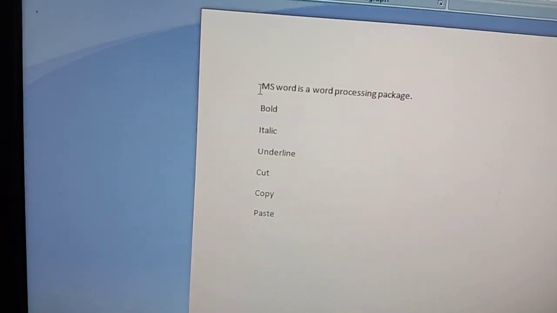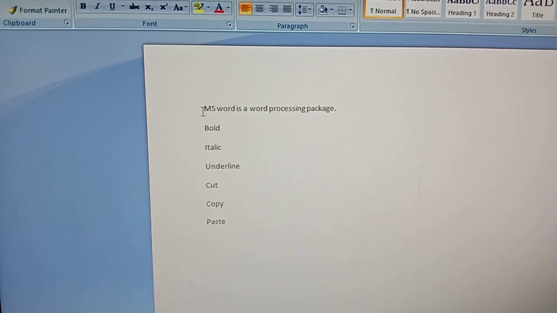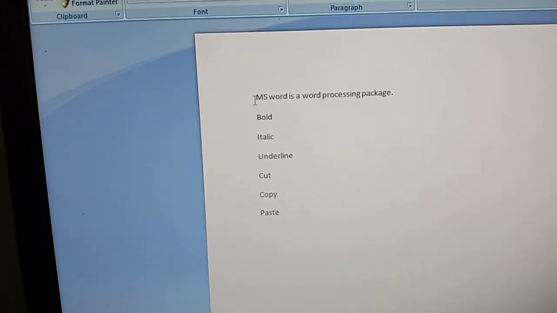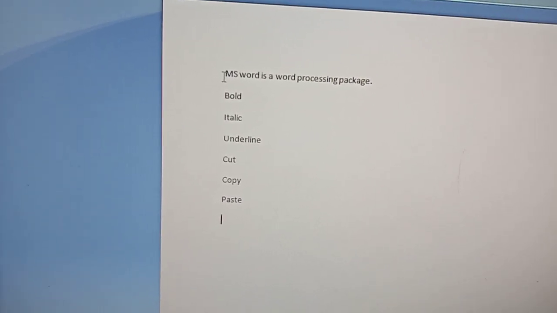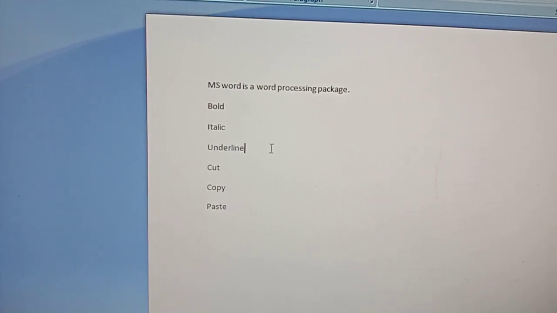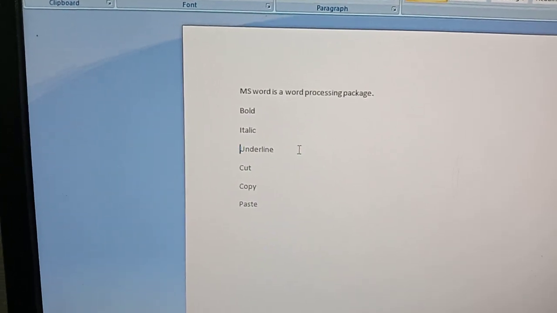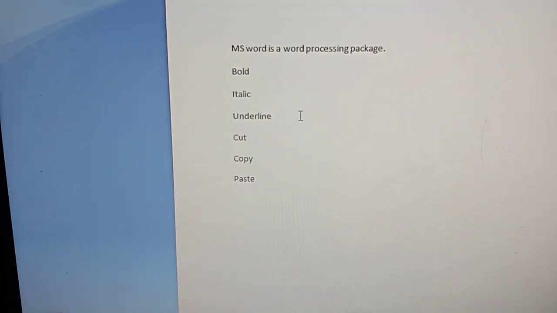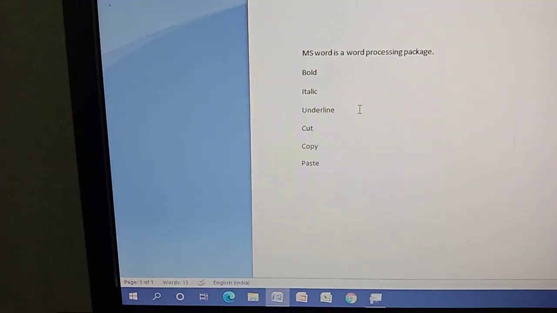If I press Ctrl plus Home, it is moving up, moving to the top or beginning of the document. If I just press End, you just see, or else just Home, it will move to the beginning of the line.